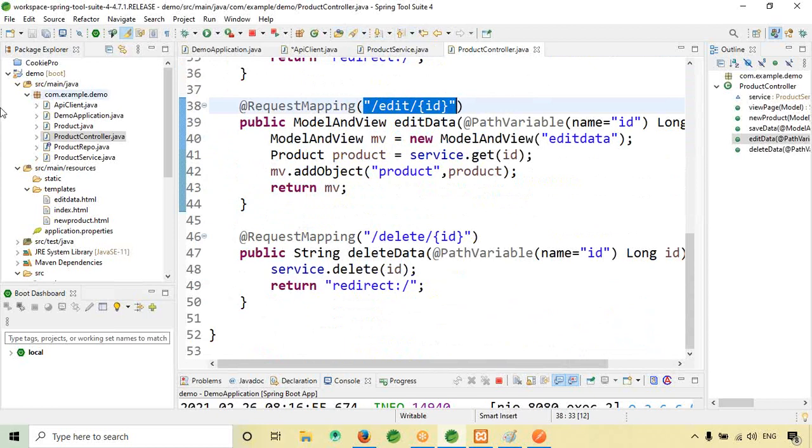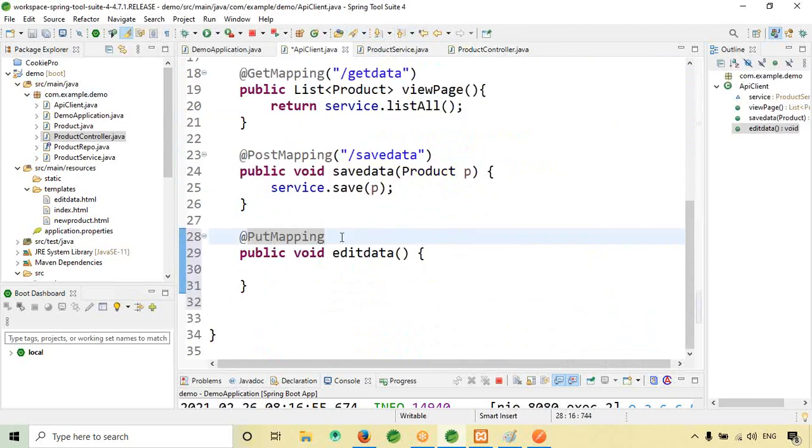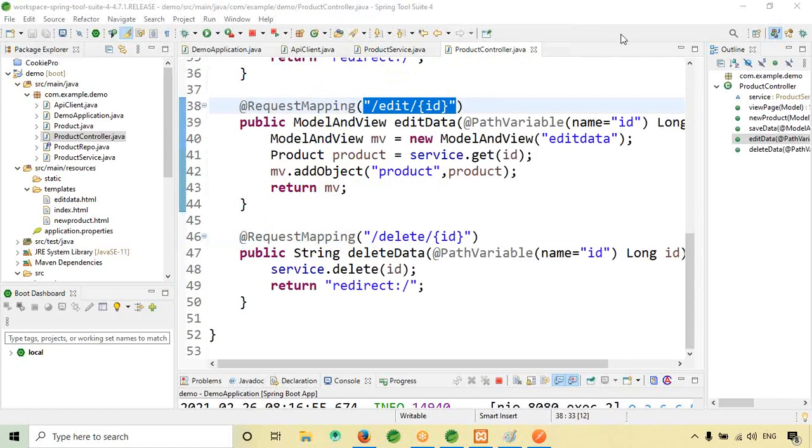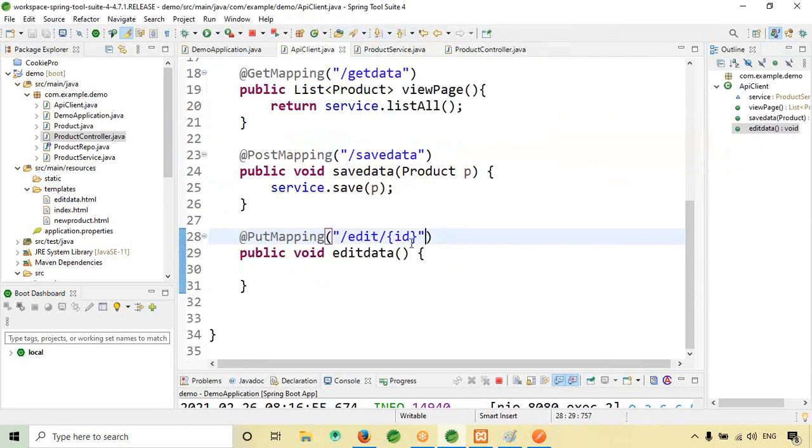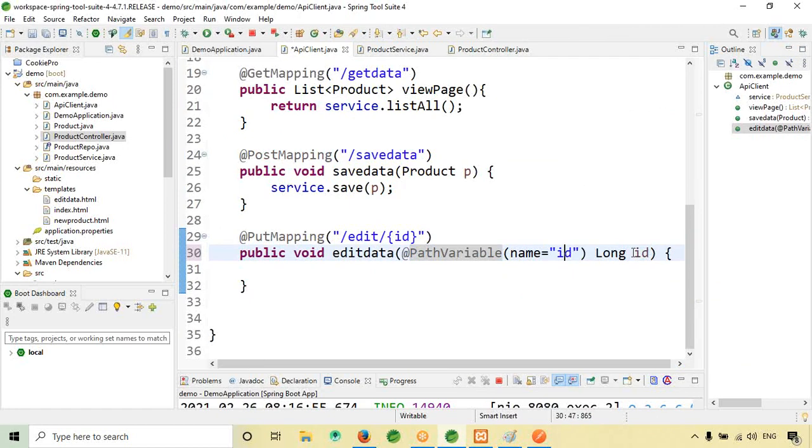So I'm just copying that, because from the URL you need to fetch things like IDs. I will use this path variable ID long.